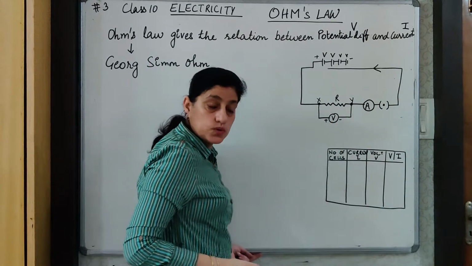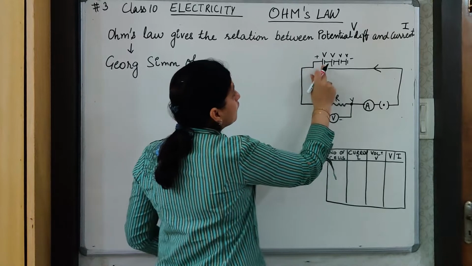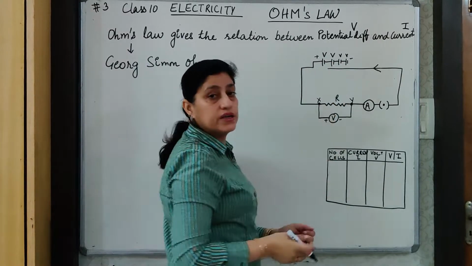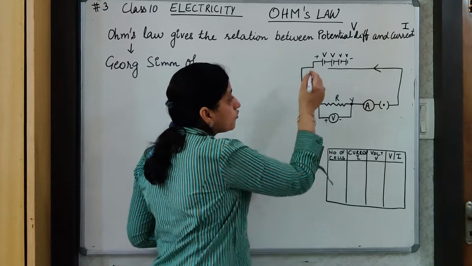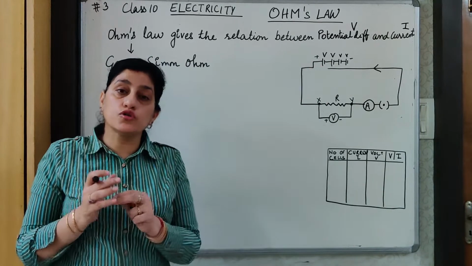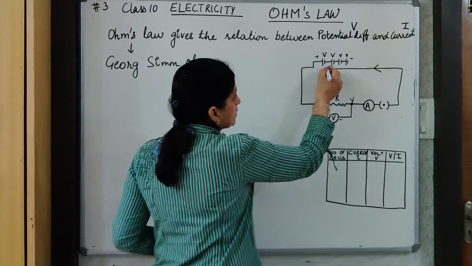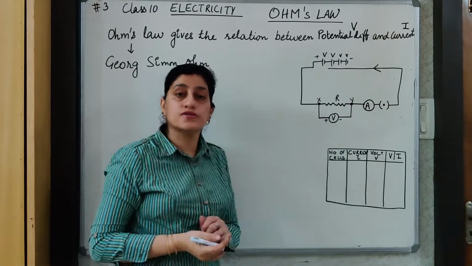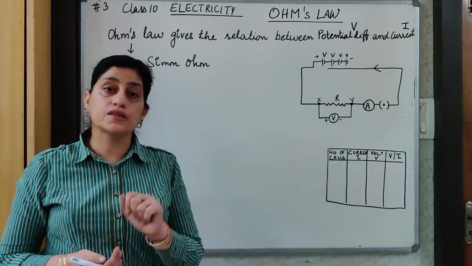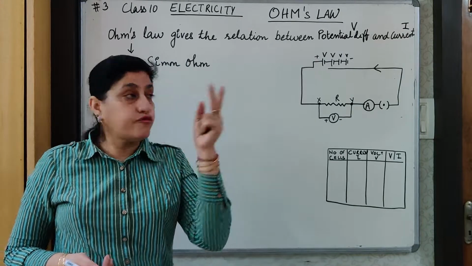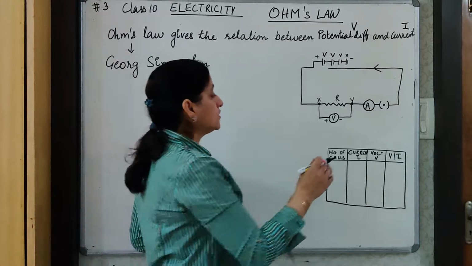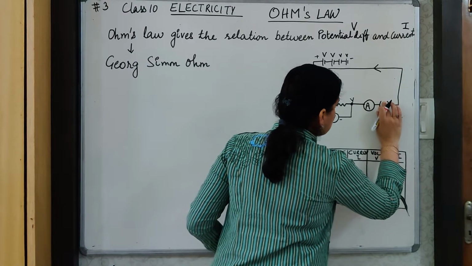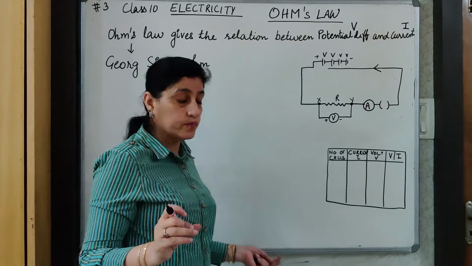This is the switch, you all know, and here 4 cells have been taken. The connection is made such that whatever number of cells we want to use, we can make the connection across those many cells, because we will be repeating this experiment 4 times as shown here. Okay. So for the initial start, we will have the key open.